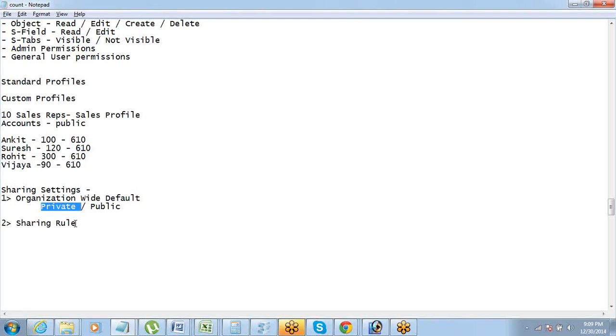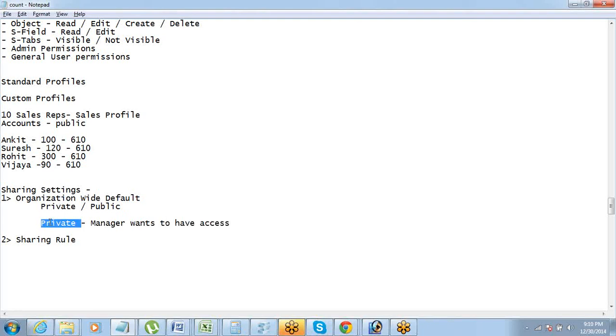Now there is a third challenge, which is pretty much along the lines of what Ankit was talking about. The third logic is, now you have made the data private, which means everyone will just get to see their own data. But after you have made this data private, the manager wants to access subordinates' data.